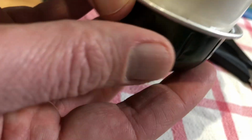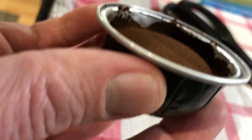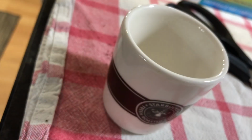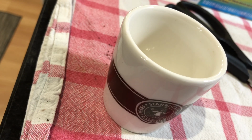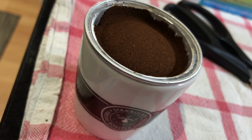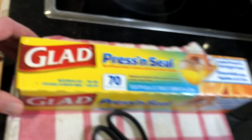And then what I usually do is hold it over the sink and blow off, or take a little brush and brush off any of that coffee that got on the rim. You really want that rim to be pretty clean for the next application of the seal before it goes into the machine. Now I've put it back into the holder, the little Starbucks glass, and then I'm getting a piece